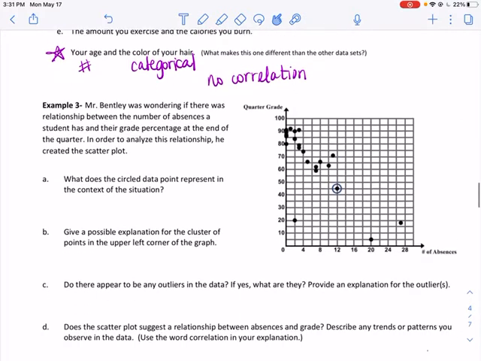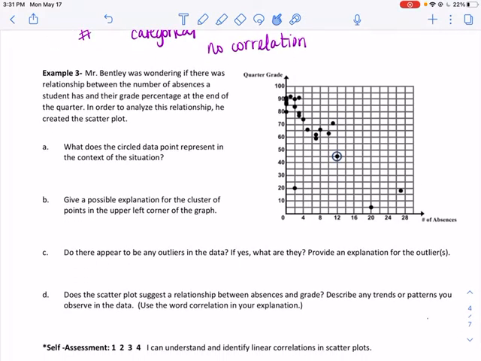Now we have a few more questions just talking about this scatter plot over here to the right. Mr. Bentley was wondering if there was a relationship between the number of absences a student has and their grade percentage at the end of the quarter. In order to analyze this relationship, he created that scatter plot. So what does this circled data point mean? Now each data point is going to mean a point of data. In this one, it's talking about the number of absences a student has. So each data point is a student. So that is a student